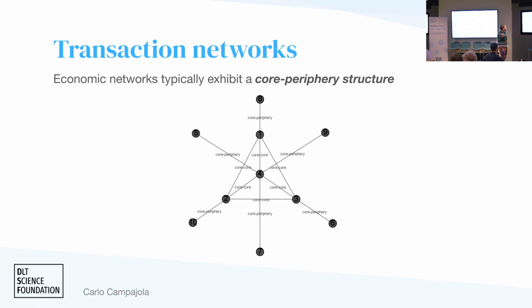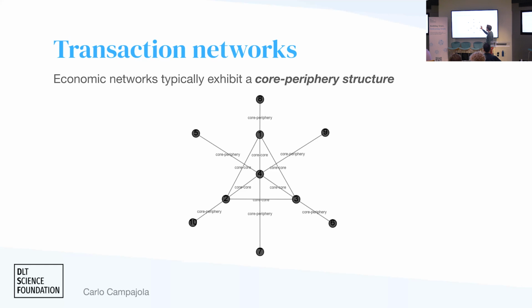So how do these networks look? Well, they look typically like any other economic network. Typically, these exhibit a core periphery structure. So what is a core periphery structure for a network? You have your nodes, and there are basically two classes of nodes. There are core nodes and peripheral nodes. The core nodes are very tightly connected together, and they are here at the center of the network. And then you have peripheral nodes, which have very sparse connections. They don't have a lot of connections, and they typically connect only to a core node or to very few core nodes. They don't connect between themselves.